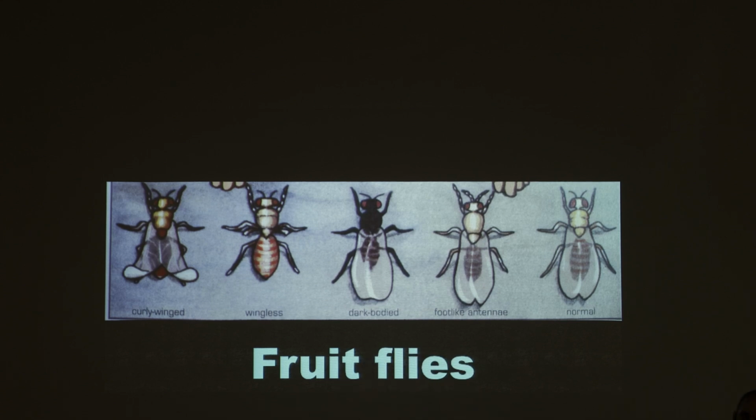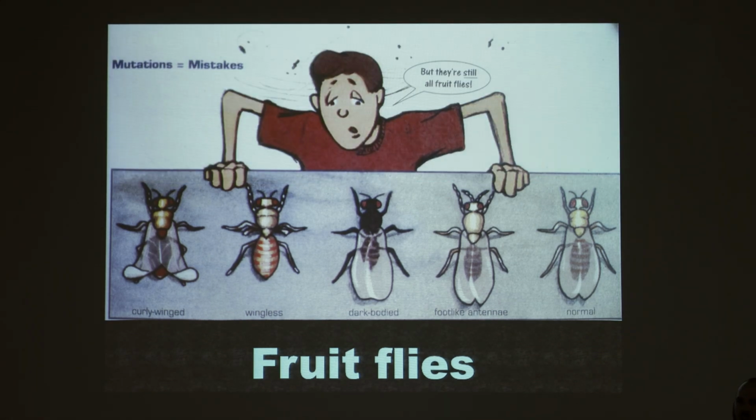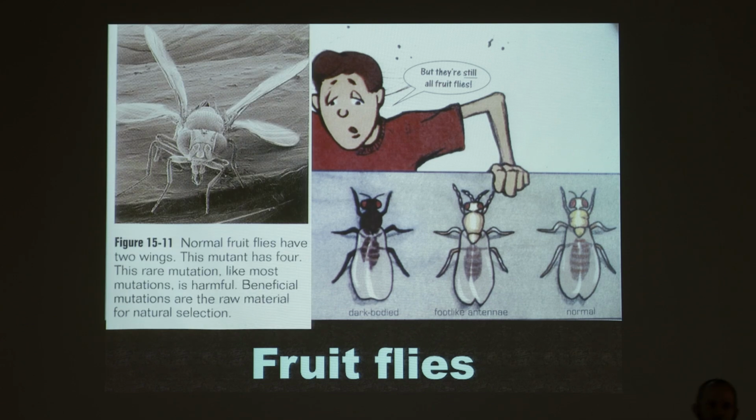Okay, so we see change, but what did we start with? Fruit flies. What did we end with? Fruit flies. This isn't proof that the fruit flies are changing into something else. And actually, most of these mutations are harmful, such as this mutation that caused the fly to be born with 4 wings. But guess what? They say this mutation, this rare mutation like most, is harmful. Why? Because the fly couldn't fly. It couldn't fly with 4 wings.